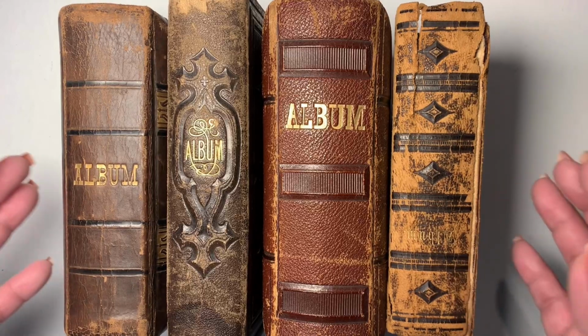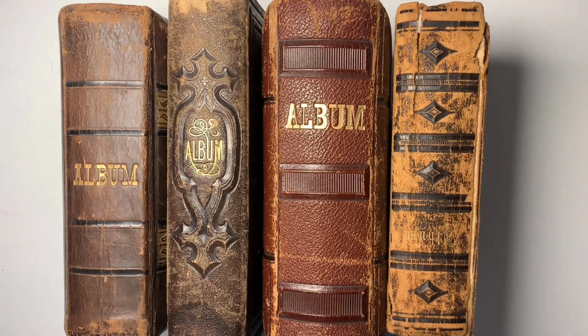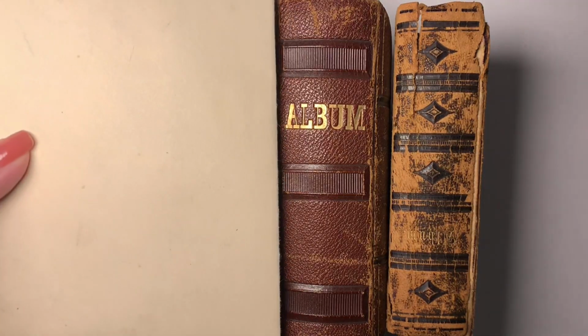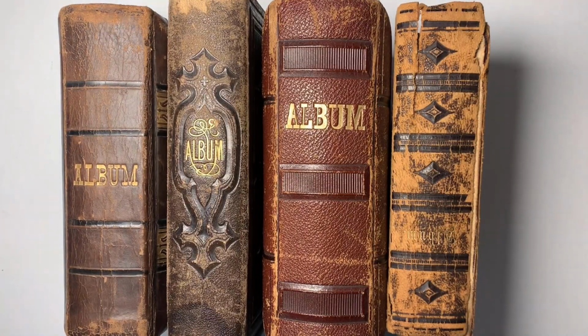I didn't know the exact size. They were a little smaller for what I wanted them for, which was to serve as a cover for my art journal. But this is the size of my art journal, so obviously it's a little too tall. I can retool the next one, but I suddenly have 101 ideas of what I would want to do with